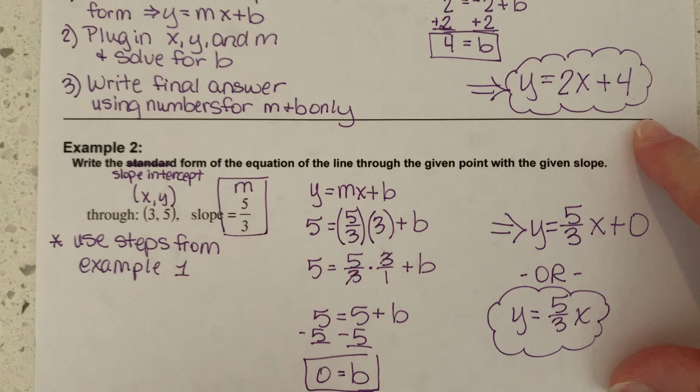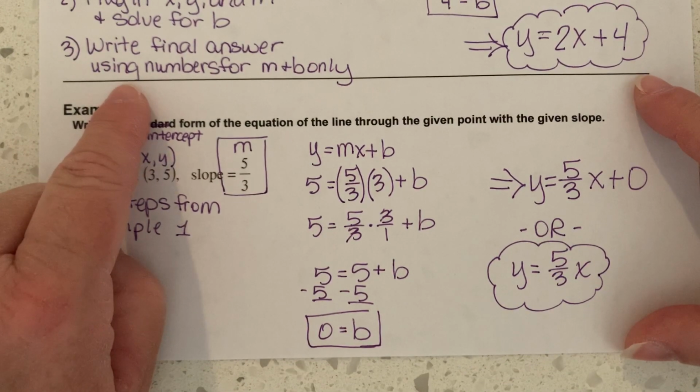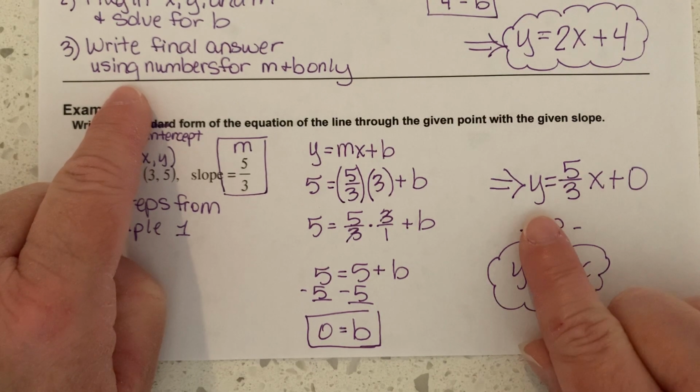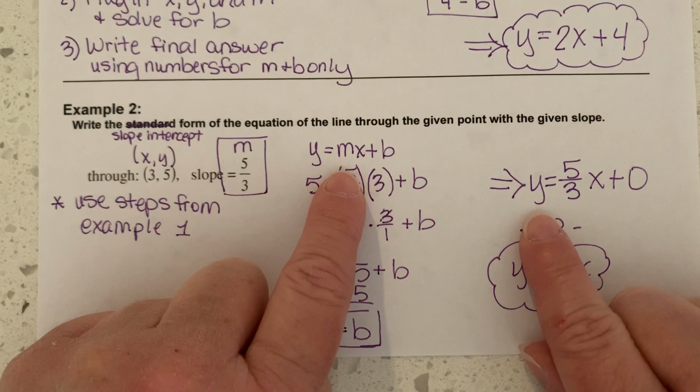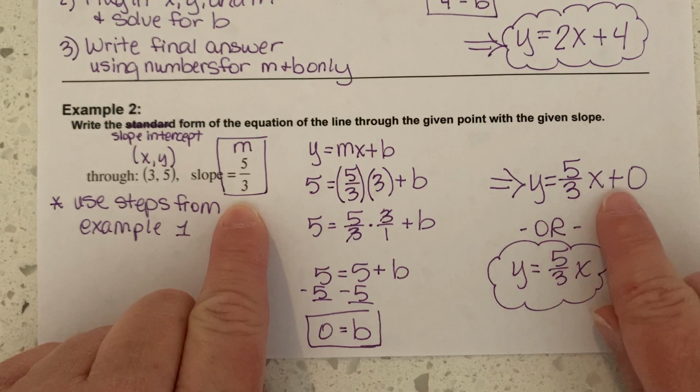Now we're going to subtract that 5 from both sides. And look at that. My goodness, we get 0 equals b. That's unusual, right? We usually get a number there. So now we go to our final step where it said use only m and b as numbers. So we go back to that original form, y equals mx plus b, y equals m, 5/3, x plus b,